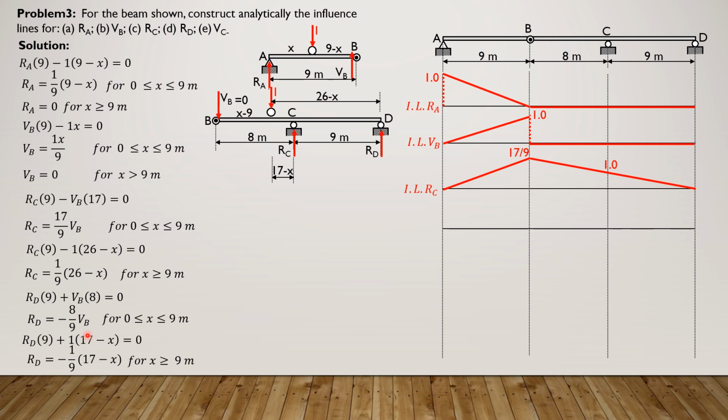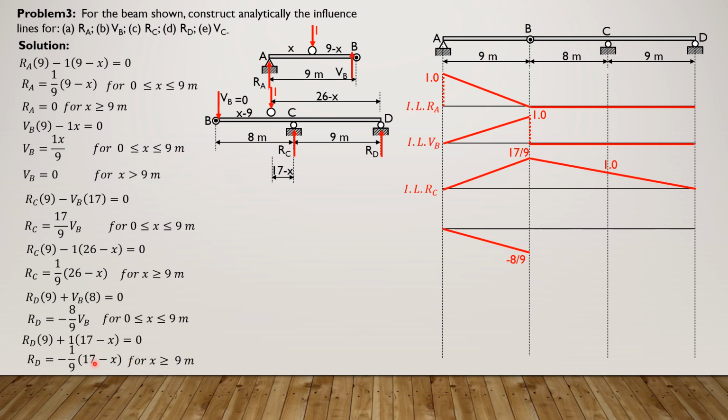When x is 0, V sub B is 0, so it is 0. When x is 9, V sub B is 1. So the ordinate to the influence line for RD is negative 8 over 9 here. And when x is